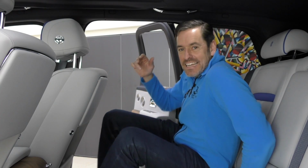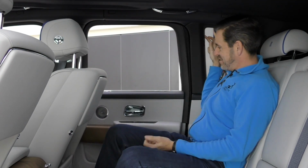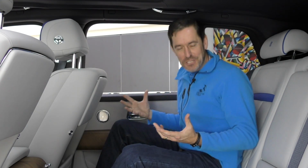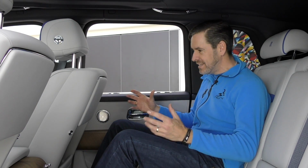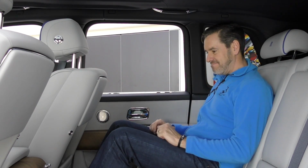Getting into a Rolls Royce is always so special with these coach doors, and you just push a button to close the door behind you, and you are surrounded with luxury in the back. Your feet sink deep into the wool carpet. You're surrounded with beautiful leather and wood, and this car's been spec'd to give you the ultimate pleasure on a